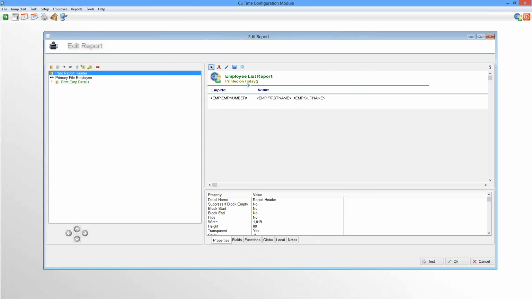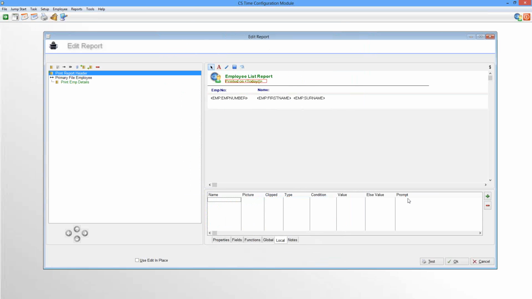So let's go back, let's just go and fix this. Now because the today is a function, it needs to be between the open and closed arrow brackets, or whatever you would want to call those things. Okay, so we need to ensure that the field has been put in brackets. The other thing that we need to do is go and add a local field to enable